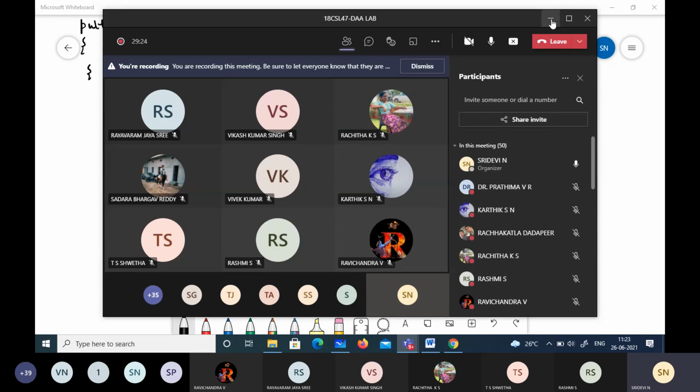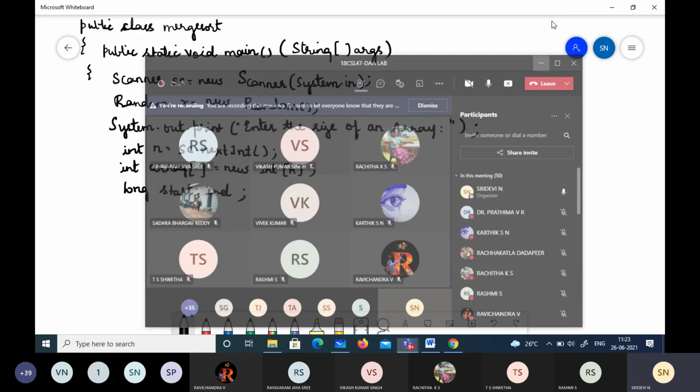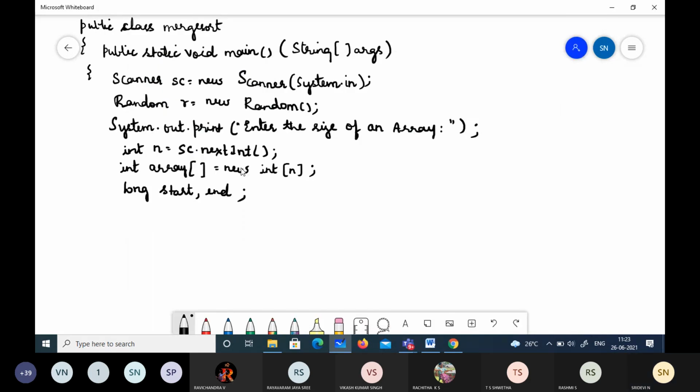It is for dynamic memory allocation, isn't it? Instead of calloc, malloc and realloc, we have new here in Java. It's used for dynamic memory allocation, the space to hold n elements is created and the pointer for that will be array. Okay.